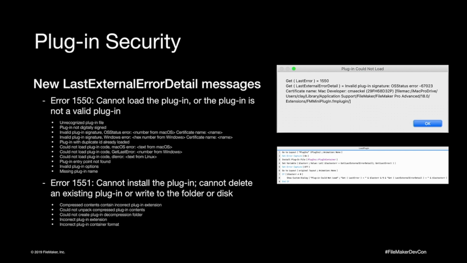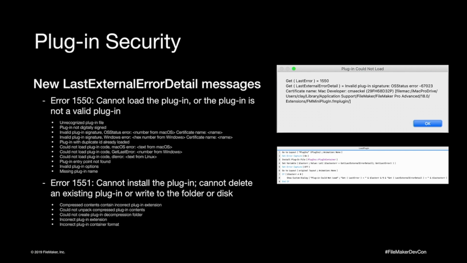Maybe the package got corrupted. There's a little picture of a script to the right. Later on, you can see this is the script I wrote to display that alert on the top there. So this is stuff you can look at later. But we did extend, and this is going to be kind of in general for this last external error detail. As new technologies come in, it first started out with only SQL statement errors that would come back through there, and then we added